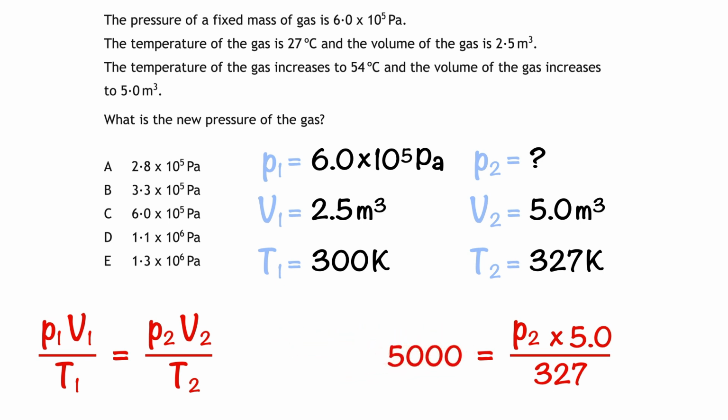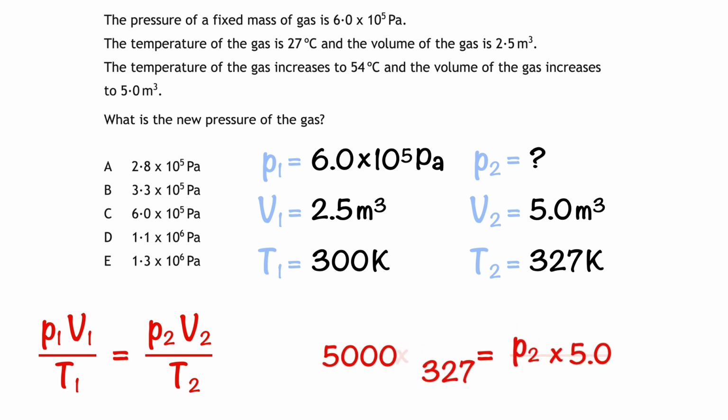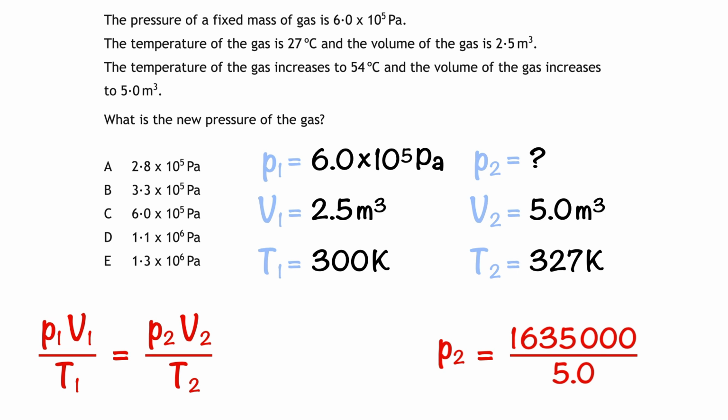Next, we could multiply both sides by 327. I could just divide both sides by 5 at this stage, but instead I'll calculate the left-hand side first, and then divide both sides by 5. If you're not very confident rearranging, then look out for the video I made on the topic and work through all the examples. So using a trusty calculator again, we can calculate the value of P2 as